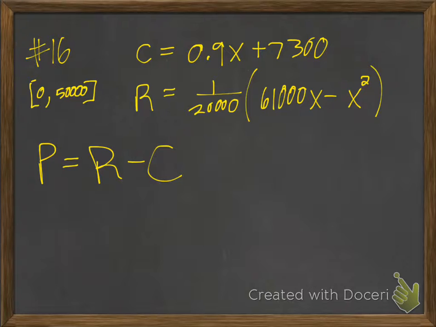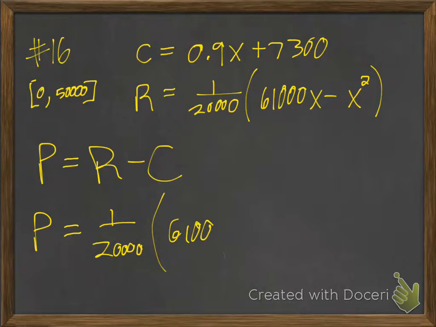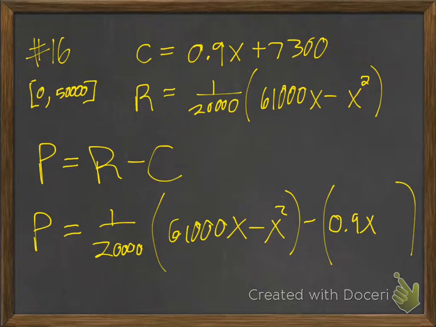And the first question I think in 16 is, what's the profit function? So you just have to put revenue in. So this 1 over 20,000 you got right here, and then the 61,000x minus x squared, there's your revenue, and then minus the cost function. The biggest error I'm running into is you're forgetting to put the cost function in parentheses, because you really do need that. So plus 730,